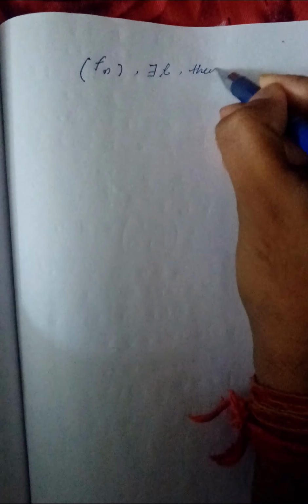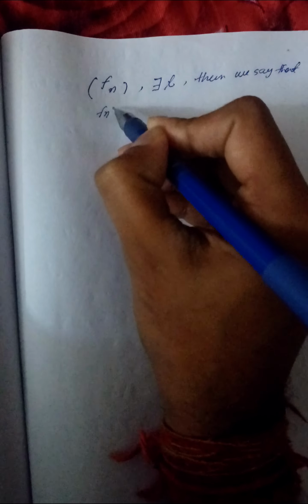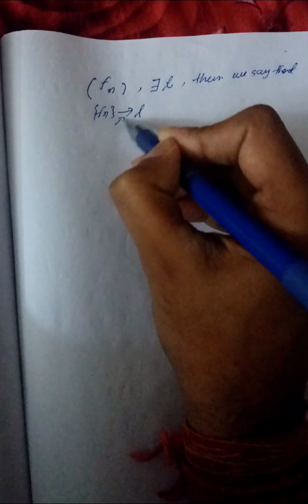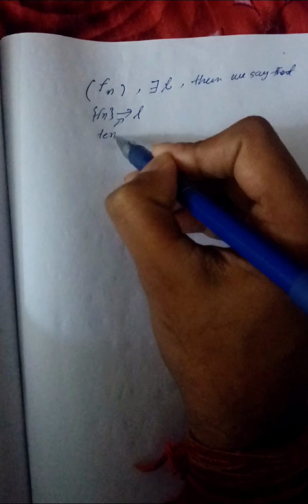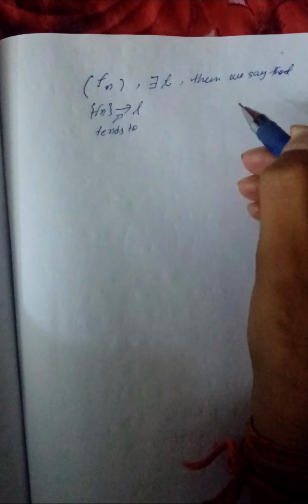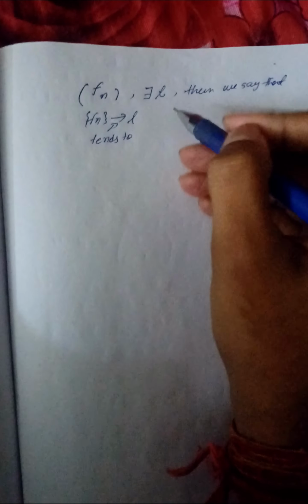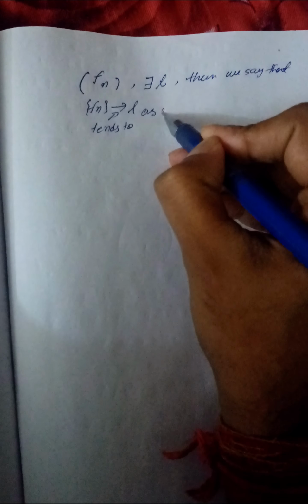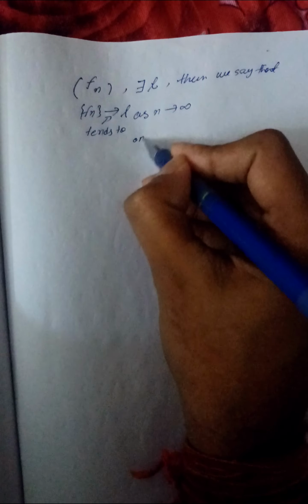Then we say that Fn converges to L. This means tends to. We read it as tends to or converges to. So Fn converges to L as n tends to infinity,